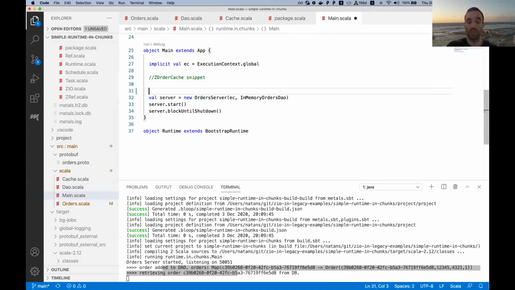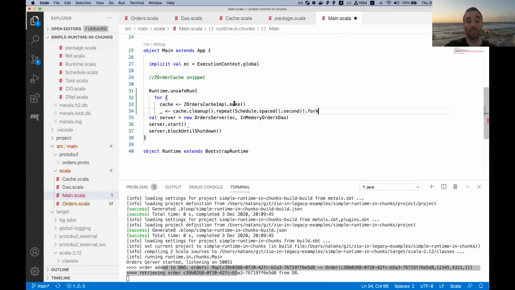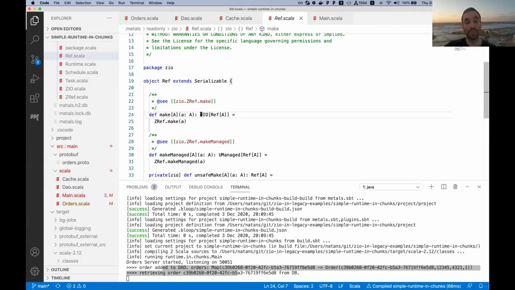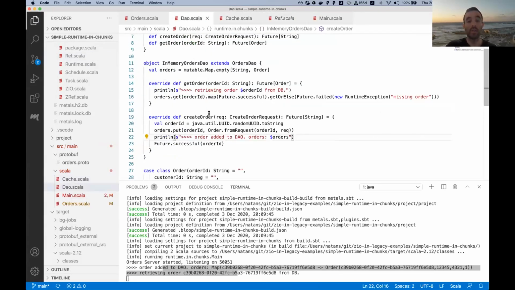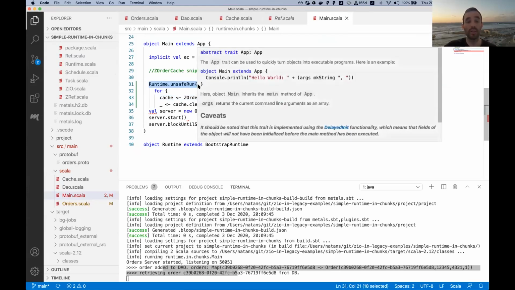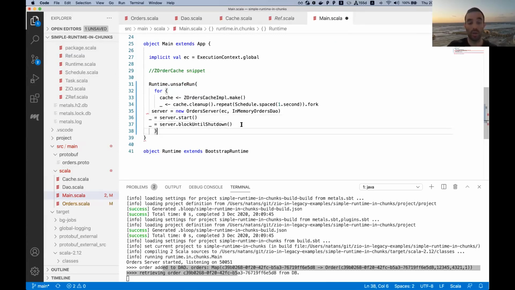So when we make the ZOrderCache, we actually return a ZIO type here, or UIO in this case. So when we create the cache, we actually return a ZIO. So we have to wrap everything inside a for comprehension. And then in order to run it, because we're at the application level, we're going to use runtime unsafe run. So let's put everything into the for comprehension, and we'll yield